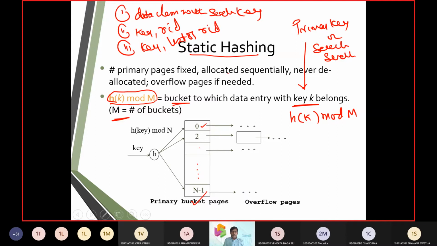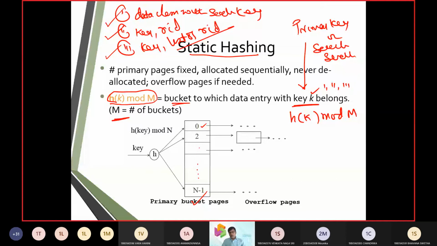These are the three ways a key can belong. It can belong to a pure key like a primary key or a search key. Two, emphasizing the entire row, we call it a record ID. Next, it need not pertain to a single record. It can pertain to a set of multiple records, and then we call it a list of